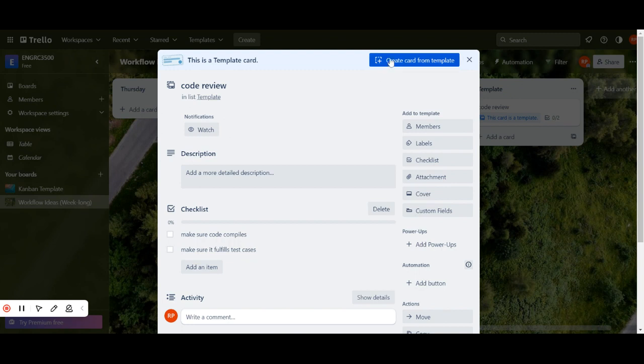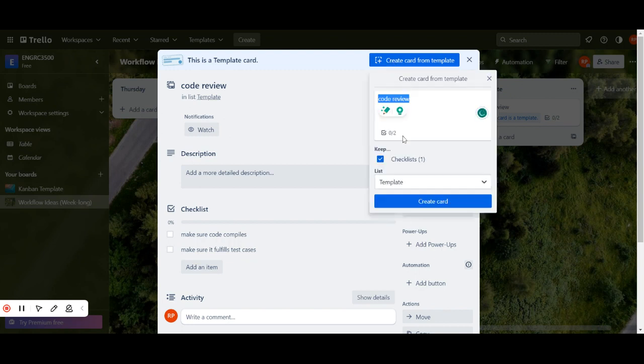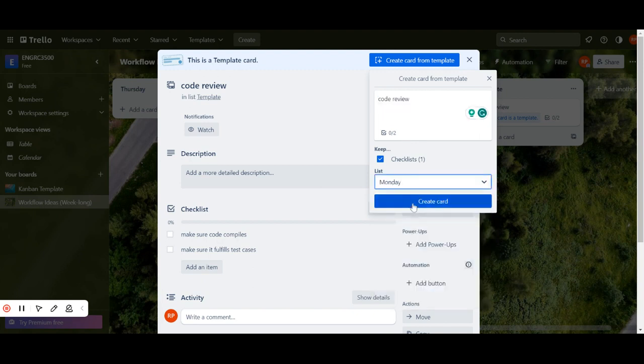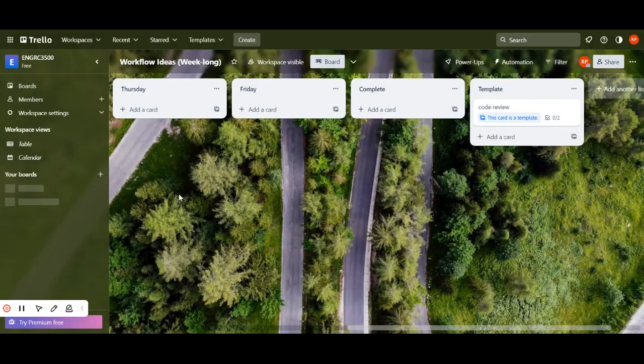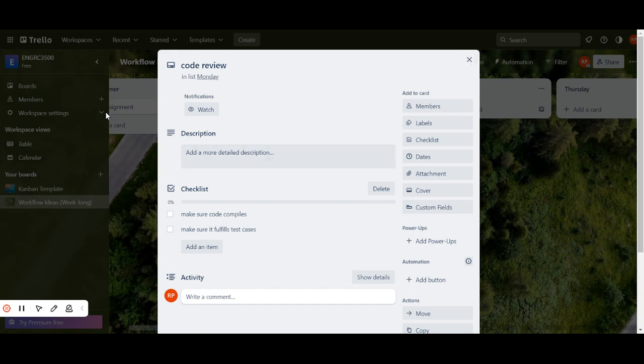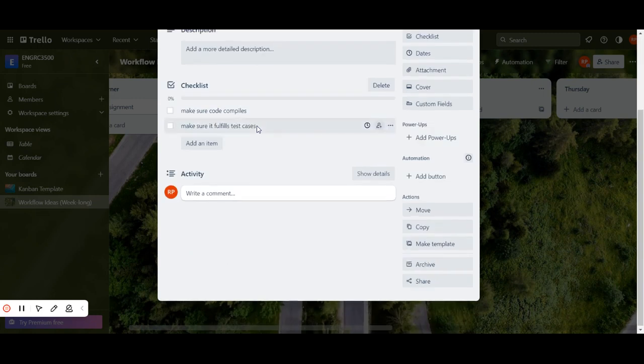We can create a card from this template, and we can call it code review and place it in Monday, for example, if we want to do that. And it will do exactly that. If we go back to Monday, boom, there it is. There's our checklist in the list Monday. So that is one way to manage tasks that might be repetitive throughout the week, that might contain